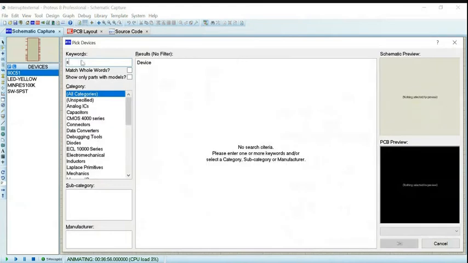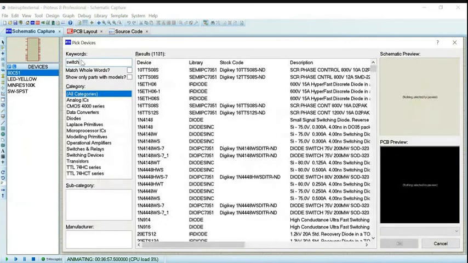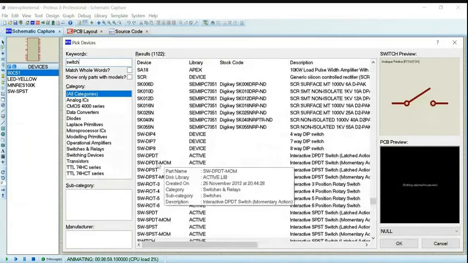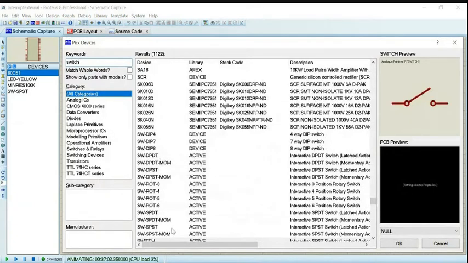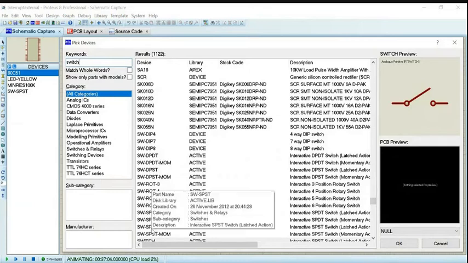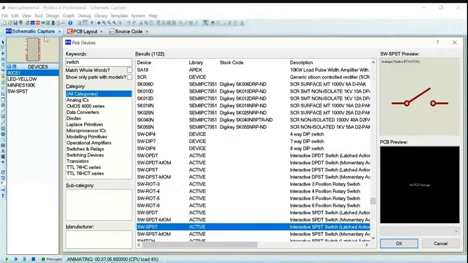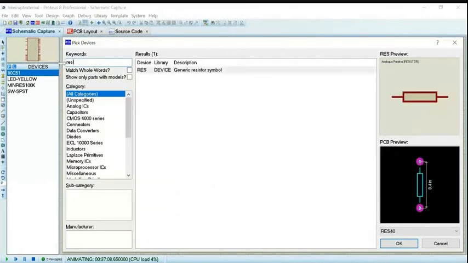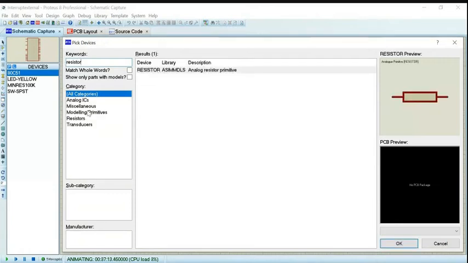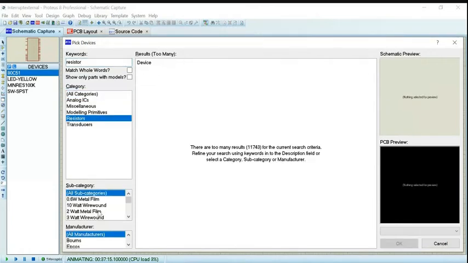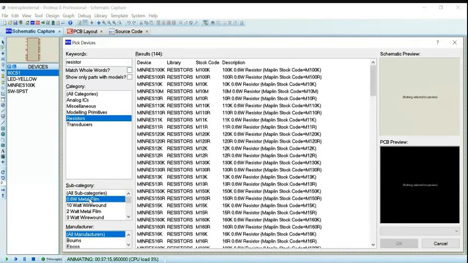Similarly, for the switch, many switches will be available: double pole double throw, single pole single throw. Whichever switch you want, you can select. And resistor, many resistors will be available.